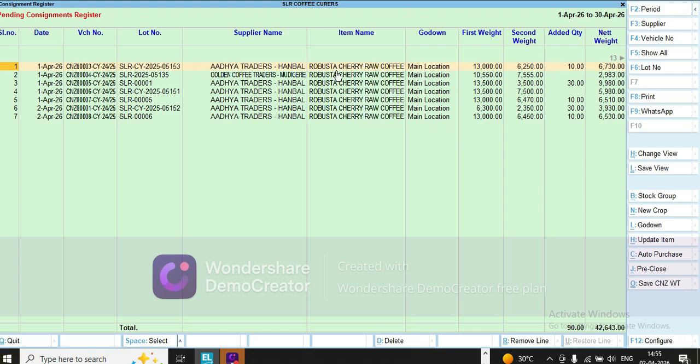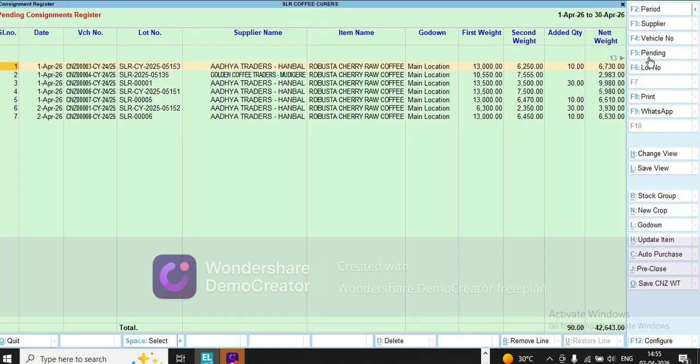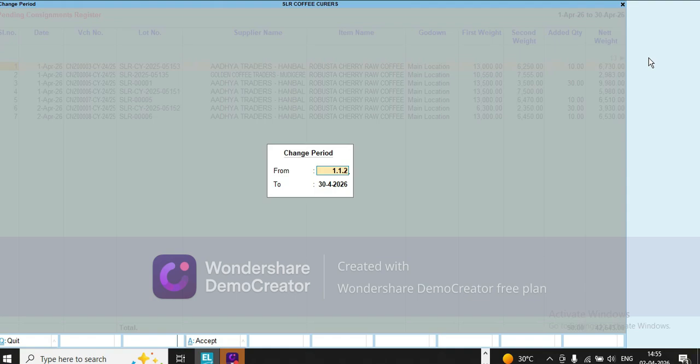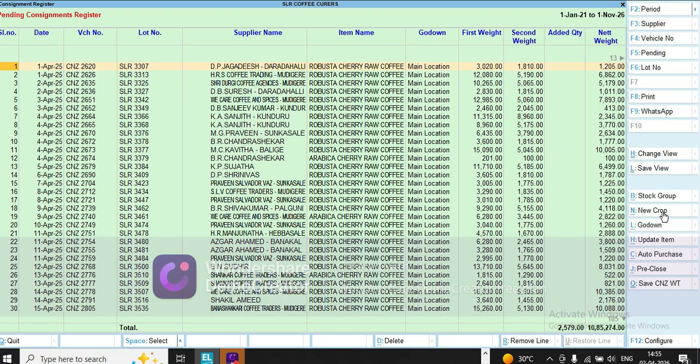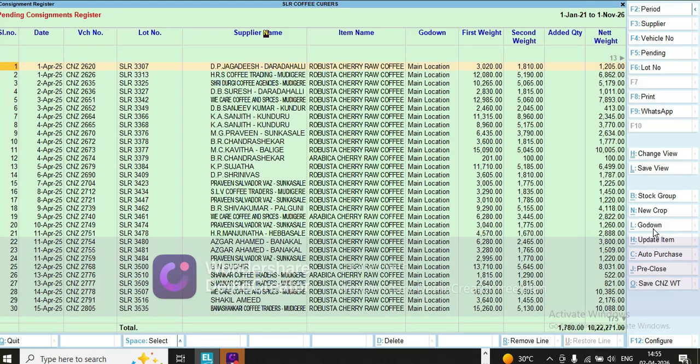Okay, and if you want to change the party name in the final purchase, you can change it. It will update in previous records also, so there will be no confusion. No need to change in all the stages. Okay, and godown wise. Crop not applicable. Show all. 21. Show all. Godown wise. Location and